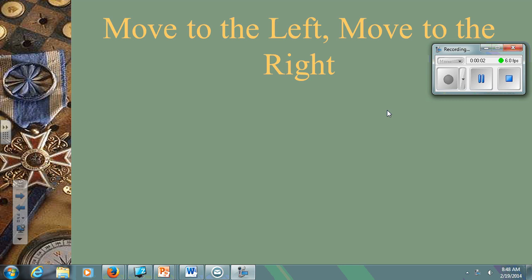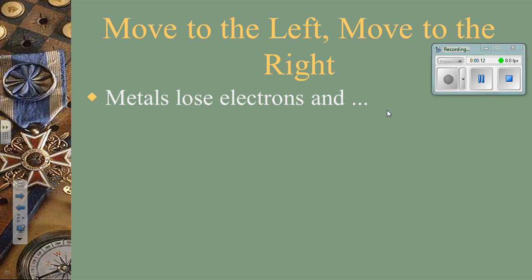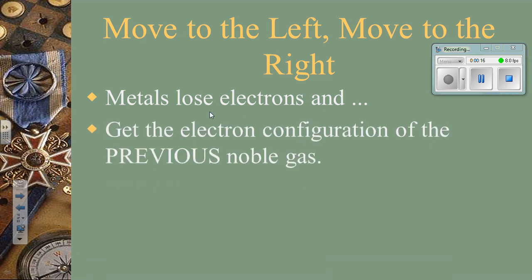Okay, let's follow up on making ions out of atoms by gaining and losing electrons. So have a look at the periodic table. Metals are losers of electrons, as we mentioned before. Therefore, on the periodic table, we can always pick out the metal and then move to the previous noble gas to get the electron configuration of the ion. Metals will always lose electrons so that they have the electron configuration of the previous noble gas on the